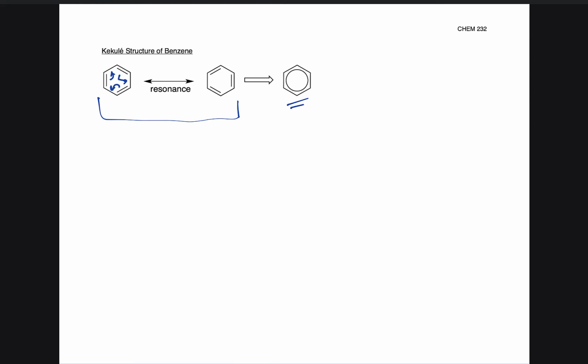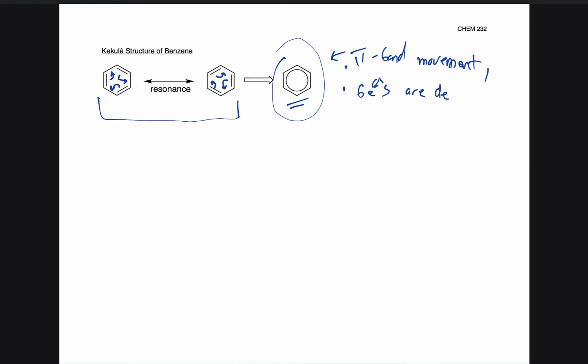It's implying that these electrons are in flux, they're always moving, and so that's why we draw this ring structure here, which is fine to do. If you want to draw your benzene rings like this from now on, totally fine, very acceptable. And it's because this structure here is showing pi bond movement. All 6 pi electrons are delocalized, which we know is great for resonance, and all are moving around the benzene ring.